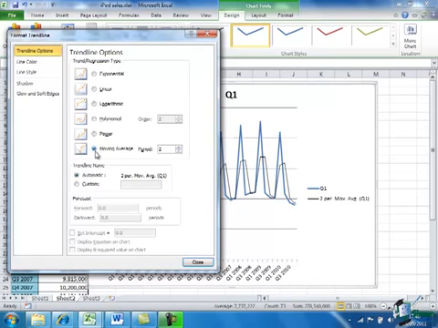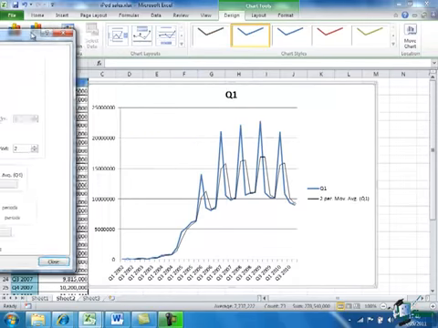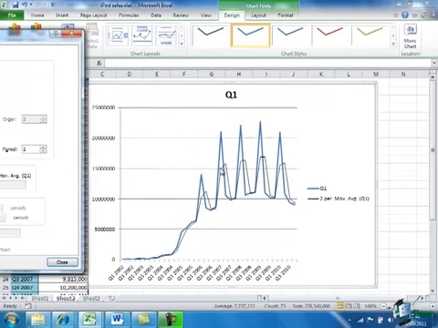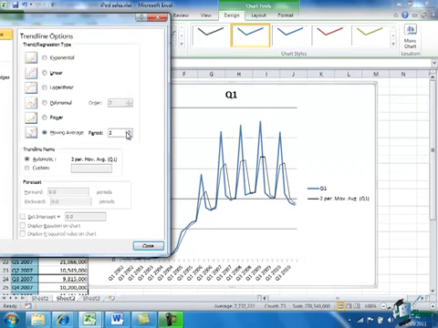By default, if we choose moving average in the Format Trend Line dialog, the period we're dealing with is a 2-period moving average. And again, if I move the dialog slightly out of the way, you can see that the effect of a 2-period moving average is that you can still see the peaks, but they're reduced by being averaged over 2 periods. If I want to reduce them further, I can change that to 3 periods, and further still